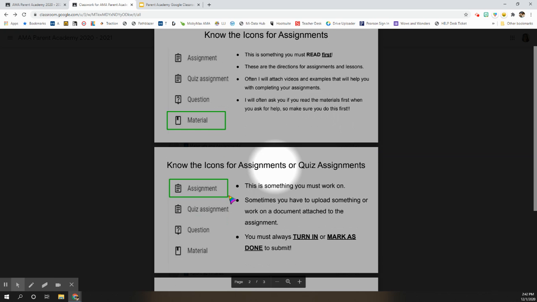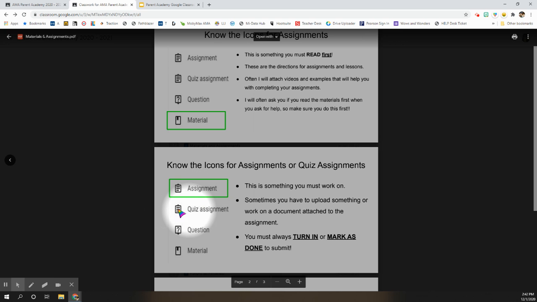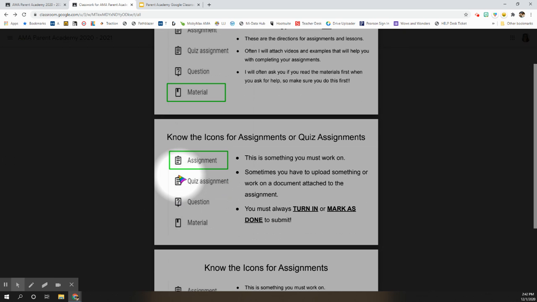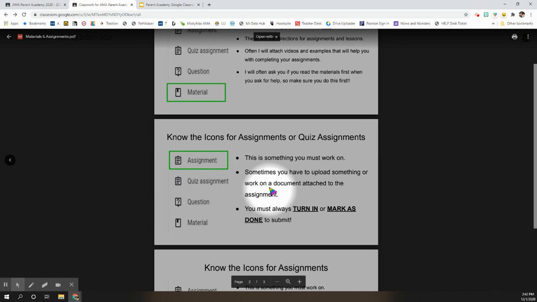The next one is assignments or quiz assignment, because you'll see that they have the same icon. So this is something your student has to work on. This is something that they have to do. Sometimes it may ask them to upload something, or the teacher already has a document attached to it for them to complete. And as we move into our assignments, I will show you exactly what this means and how you